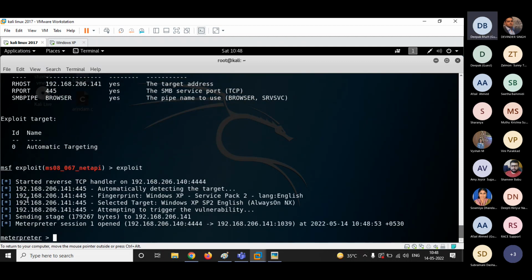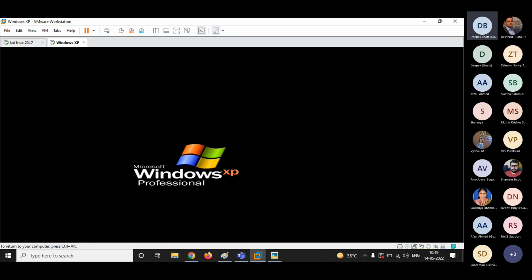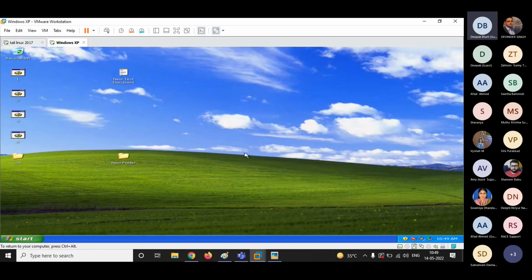Now I'm getting what? I'm getting a Meterpreter. What is Meterpreter, guys? It's a kind of shell. So what I have right now is the access of the target machine shell. All right, I got the access of a shell, but still I'm not confirmed whether I'm still inside Kali Linux or I have taken the access of the target machine, that is Windows XP. This user is working in this machine and he has no idea what is happening. He has no idea whether his machine has been compromised or not.